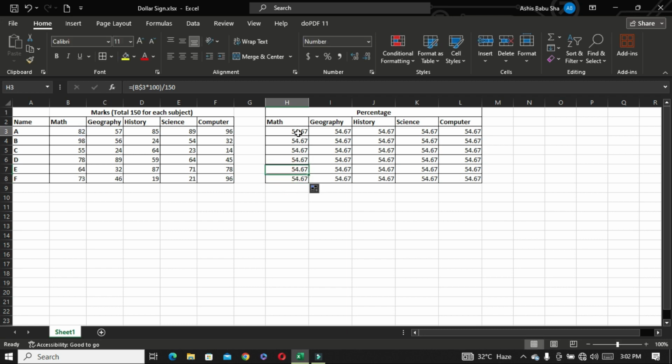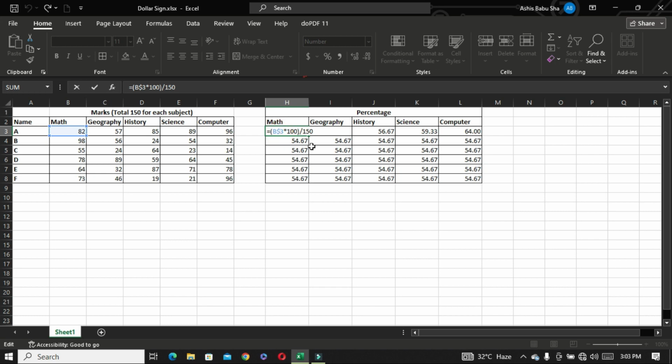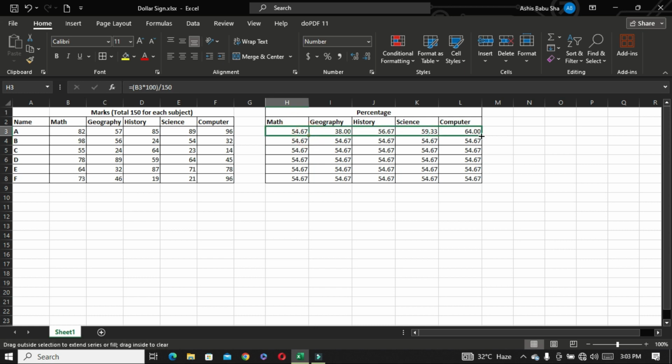But if I drag this to the right side, now it will show the right result because the column is not locked. See, the selection can be changed. Then now if I unlock both and press enter,